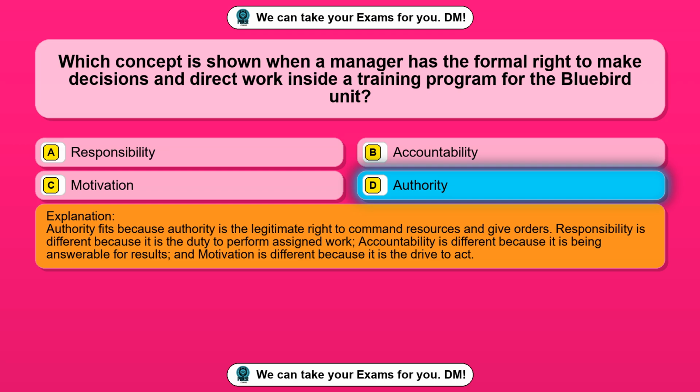Authority fits because authority is the legitimate right to command resources and give orders. Responsibility is different because it is the duty to perform assigned work. Accountability is different because it is being answerable for results, and motivation is different because it is the drive to